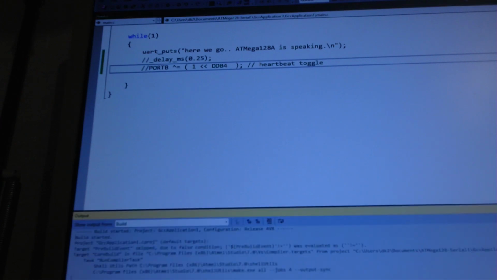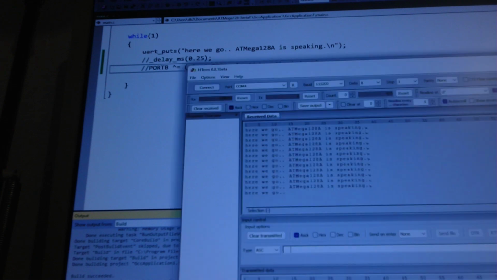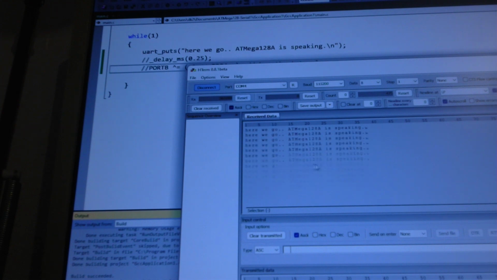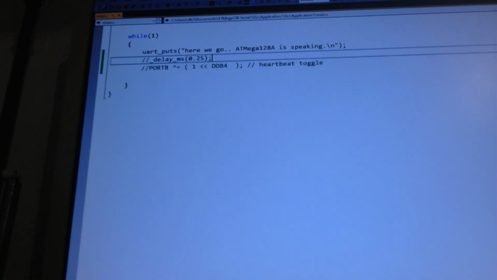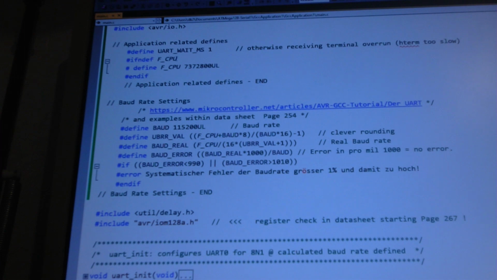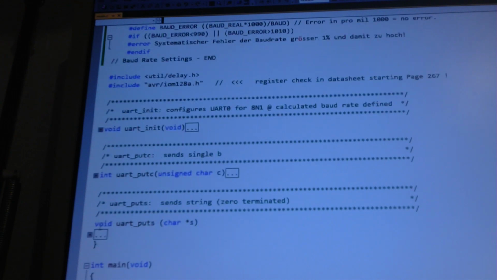Let's start the program, and on here sits a terminal, and we see, here we go, ATmega is speaking. Now you see this. It is really fast. I figured out that we need to wait 1 millisecond approximately in the function of UART